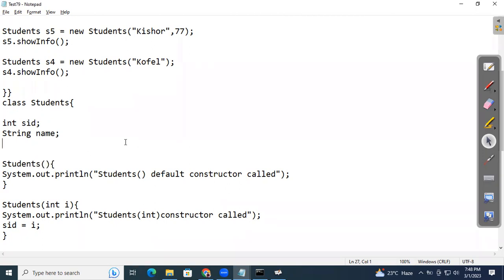So that is constructor. Any question in this? No question, right? If no question,